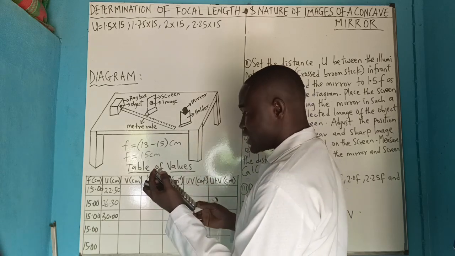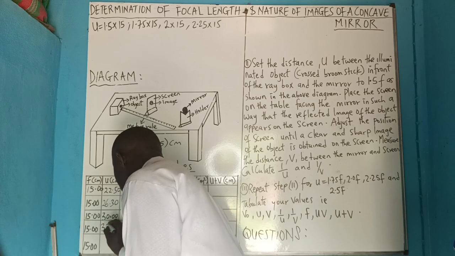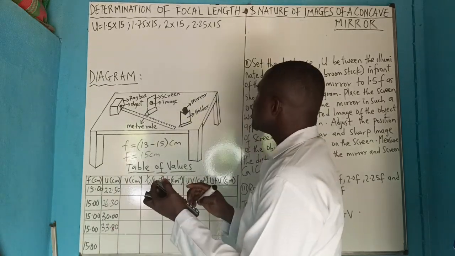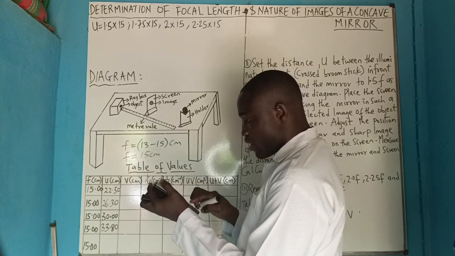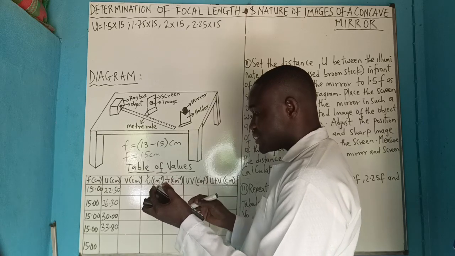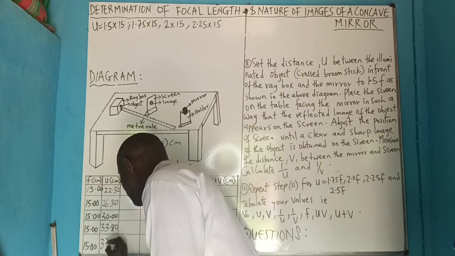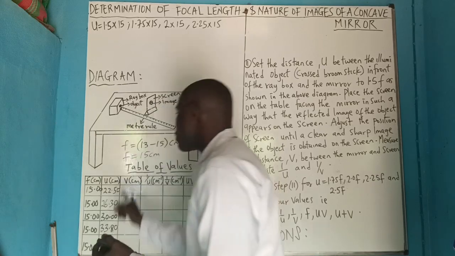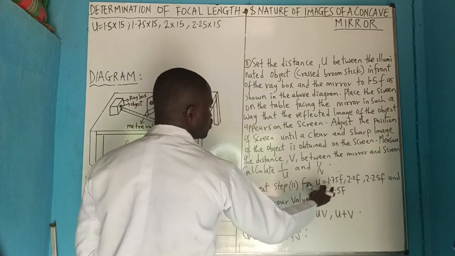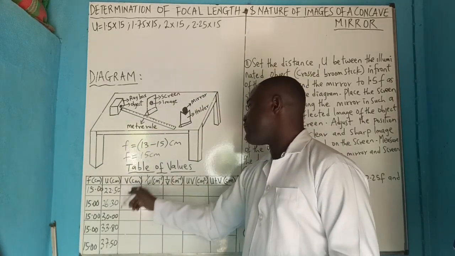That is 33.8. Then 2.5 times 15. That is 37.5. So we have gotten our object distance this time because they gave us what to use to get it in the procedure. Now to get our V,